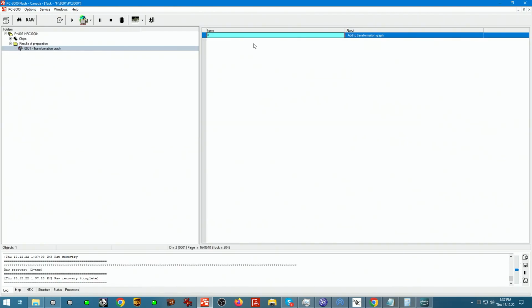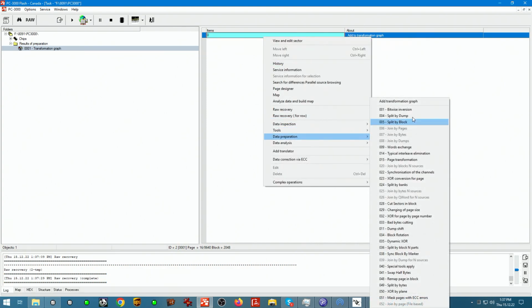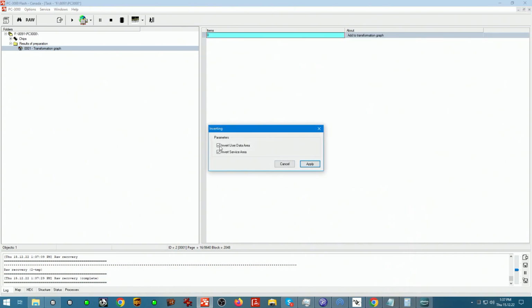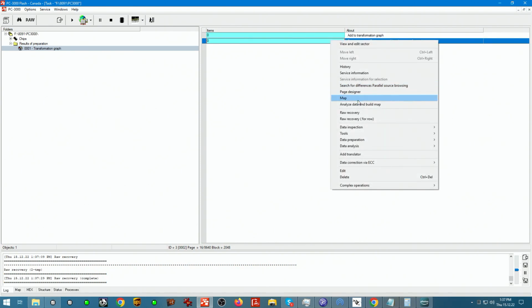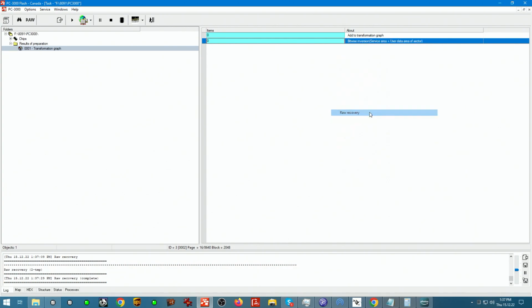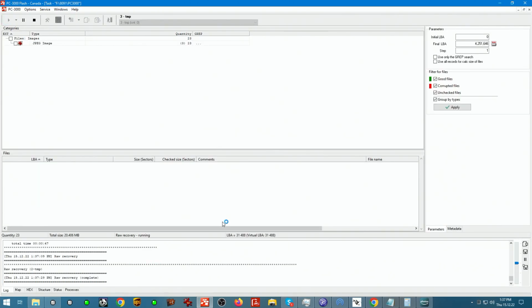So we're gonna go and apply that element, bitwise inversion, to invert user area and potentially service area. We're gonna have to test that. I'm not sure if we need to do it here, but on some devices inversion only applies to data area. So now once we click on that inversion element, we're gonna run raw recovery on that as well, and right